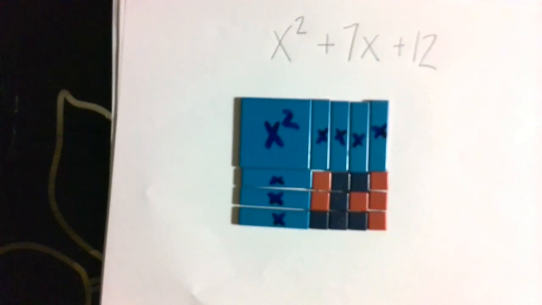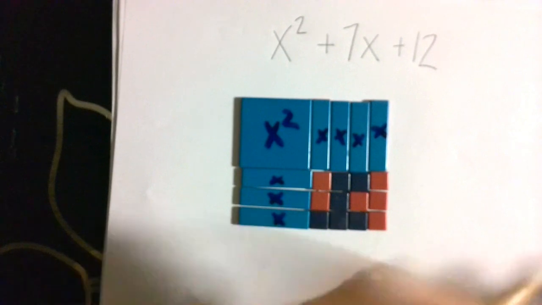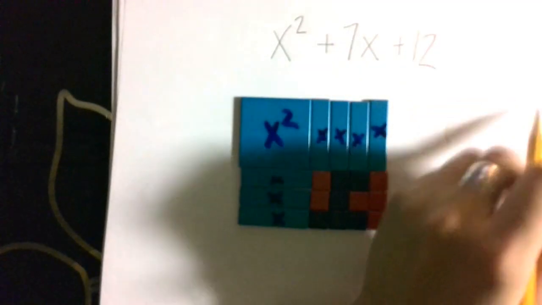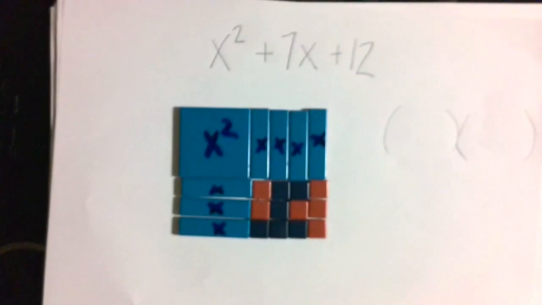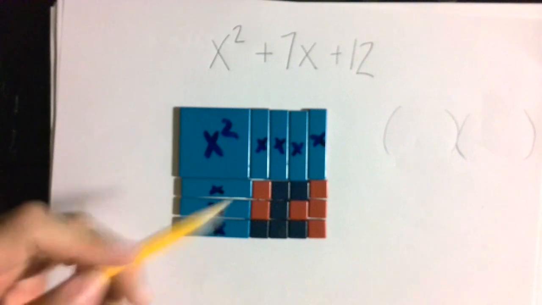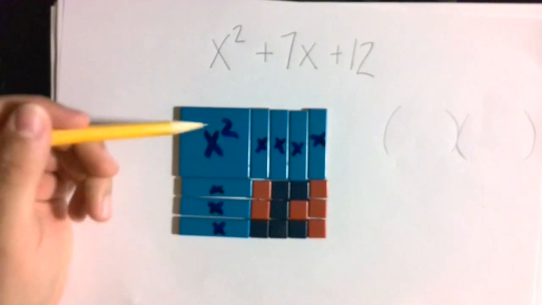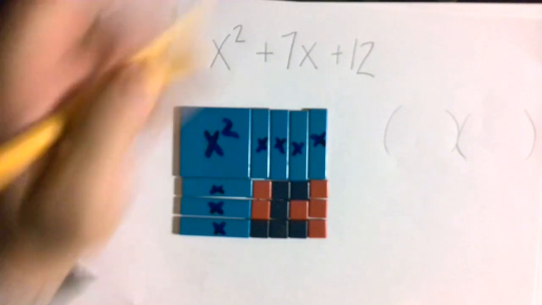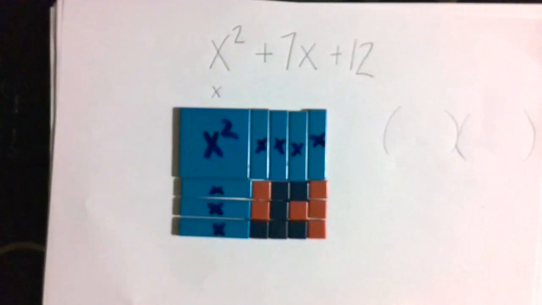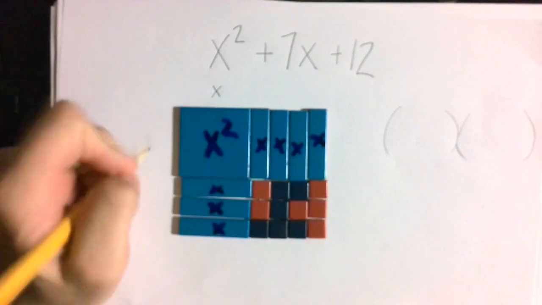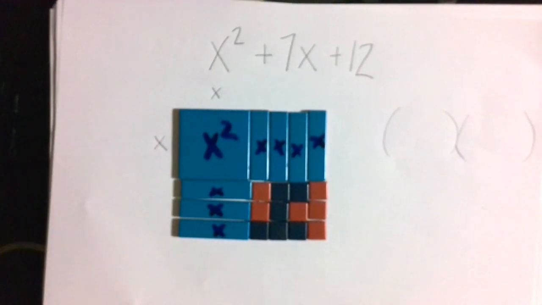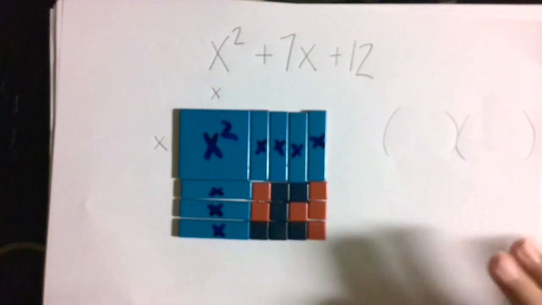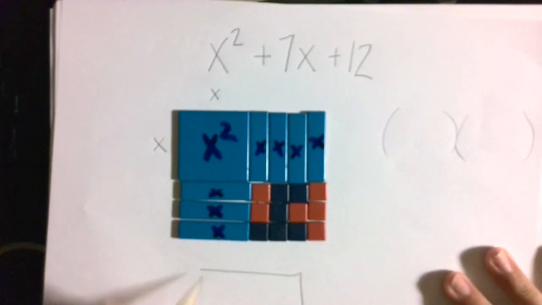And now the way that we can use this to help us find what the two binomials are, because we obviously have to make a binomial times a binomial to help us factor. So what we will do is look at what the columns and rows have in common. So for example, if I have x squared, x, x, x, the GCF of all of these would be an x. So that's what I put here. And same in this direction. And this actually mirrors our box method, right? So if I did the box method here,